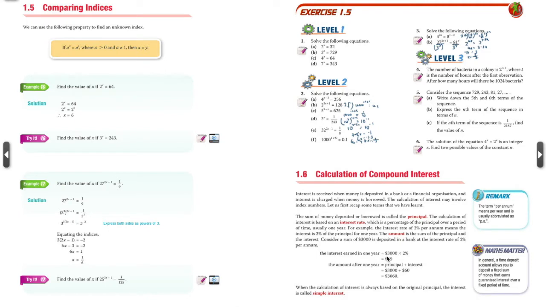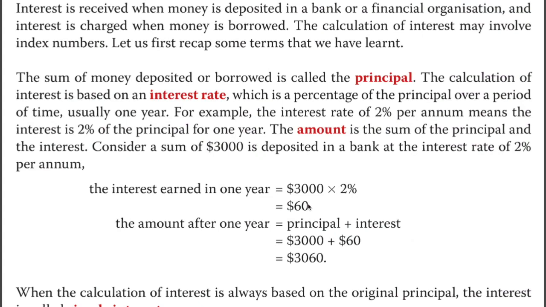For interest, we will learn that there are two types of interest, the simple interest and the compound interest. There's a reason why it's called simple interest, because it's really simple. The idea here is, for example, if you deposit $3,000 in a bank at a simple interest rate of 2% per annum, it means every year they give you 2% of what